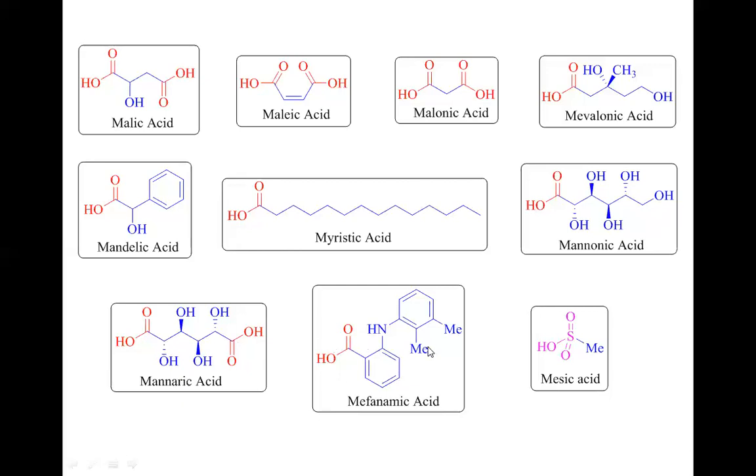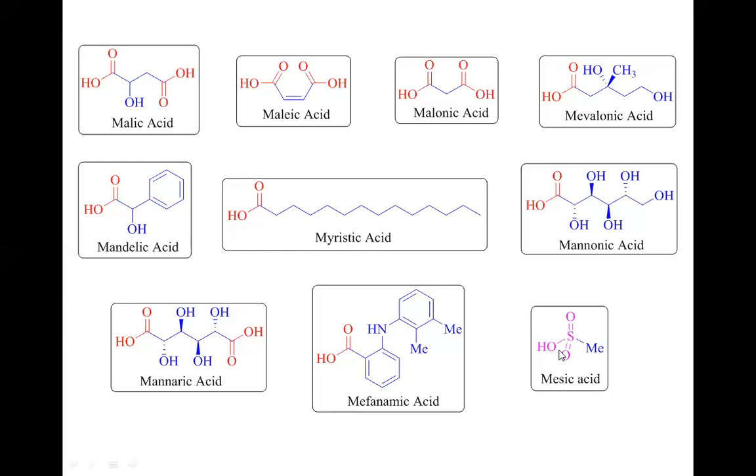Mefenamic acid is in fact a painkiller, a very common painkiller. It's a generic name. We know this compound as a Ponstan drug. The Ponstan medicine is a painkiller, very common, and this has the 2 aromatic rings linked with the amino group as a secondary amine. So these 9 acids have one thing in common, that is the carboxylic acid, because this assignment was based on the chemistry of carboxylic acid.